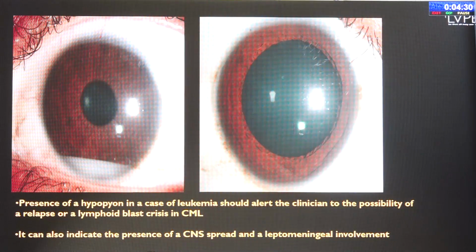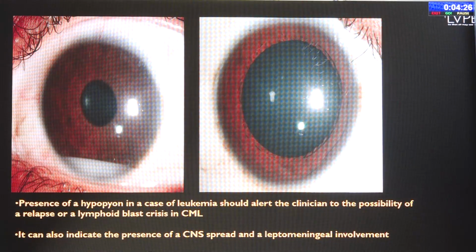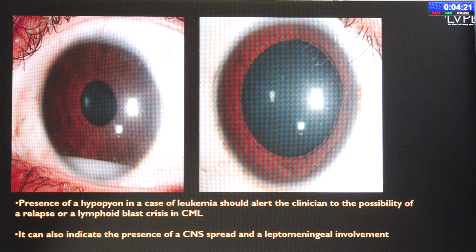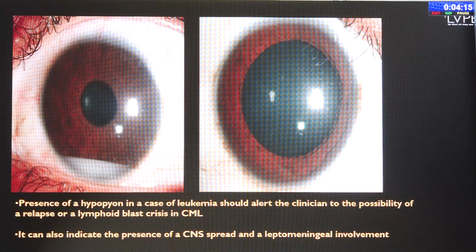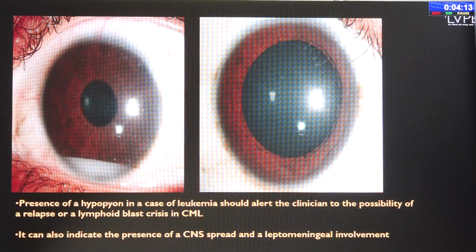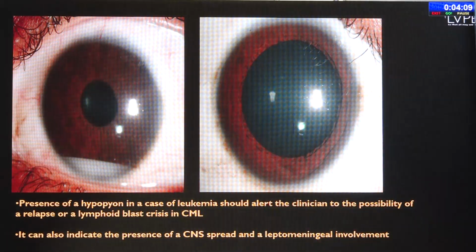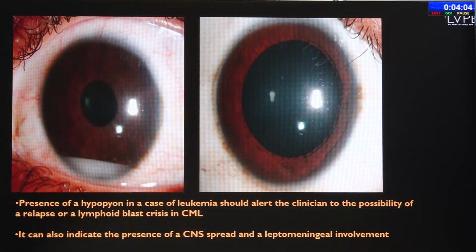Another subtle point which can often go overlooked is when a patient comes back with a hypopyon. So a hypopyon in a known case of leukemia, if we miss that, can invite trouble, because a hypopyon in a known case of leukemia can alert us to the possibility of either a relapse or a blast crisis. So a patient of leukemia, if they come to you with a hypopyon, that can often be the first indicator of the patient either going into a relapse or an impending blast crisis, or occasionally also a CNS